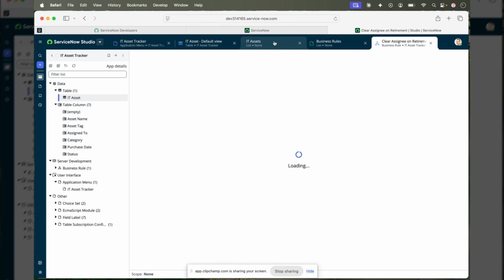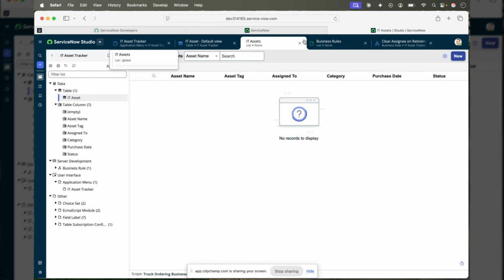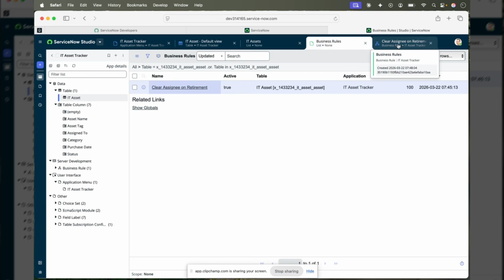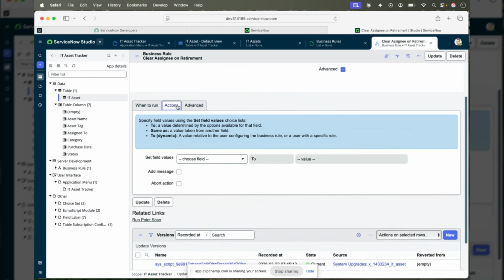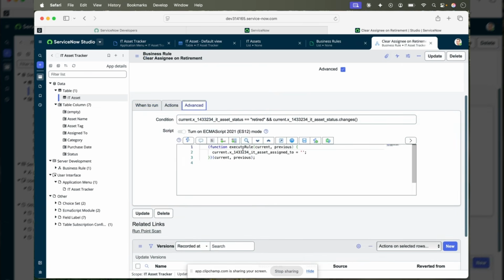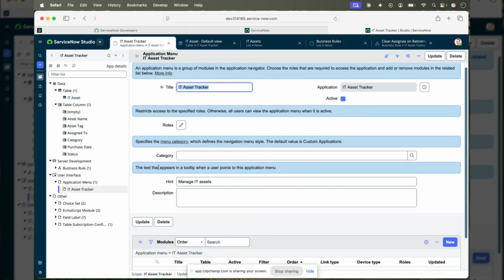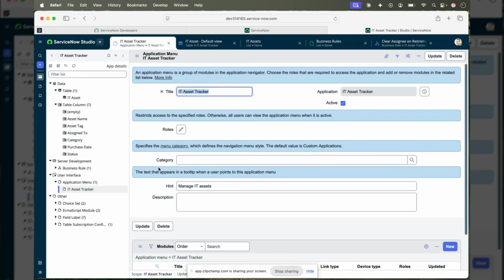So right now the asset, let's just reload it. Yeah, the asset is tagged to Abel Tuter, but once it is active, once I retire it, then before update, it will update the assigned to. Amazing. Oh, I like it. So yeah, I think this was fine. Asset tracker, yeah, I think it is fine. I'm not sure why it didn't come on the